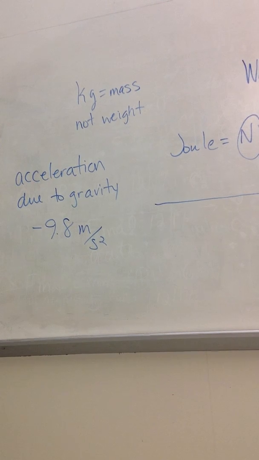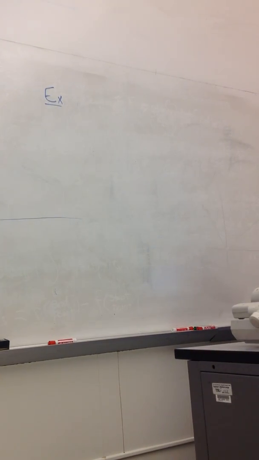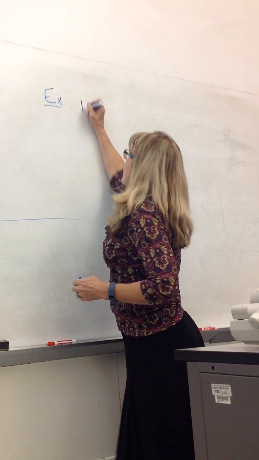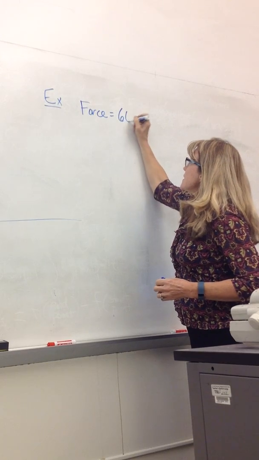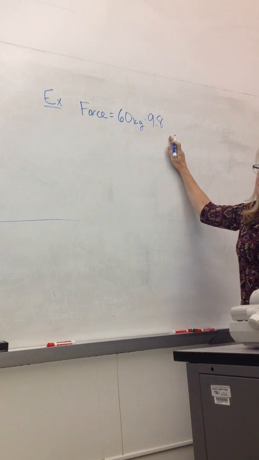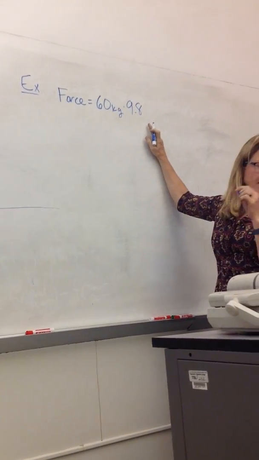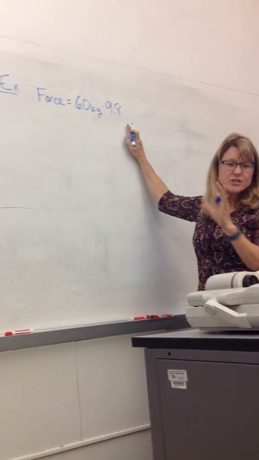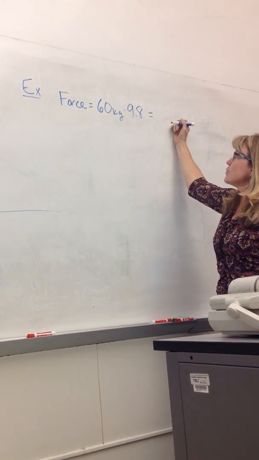Okay, so example number 1: we have a weightlifter and he lifts 60 kilograms from the floor to a height of 2 meters. So the force being applied is the 60 kilograms times 9.8. Now notice I left the negative off because we just want to look at this as a force, and the direction doesn't matter right now. So 60 times 9.8